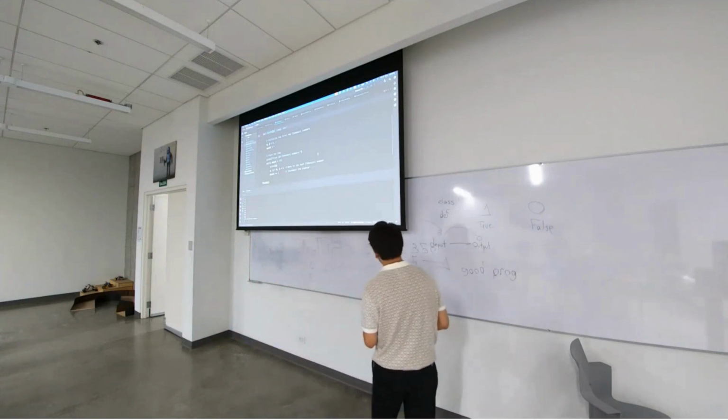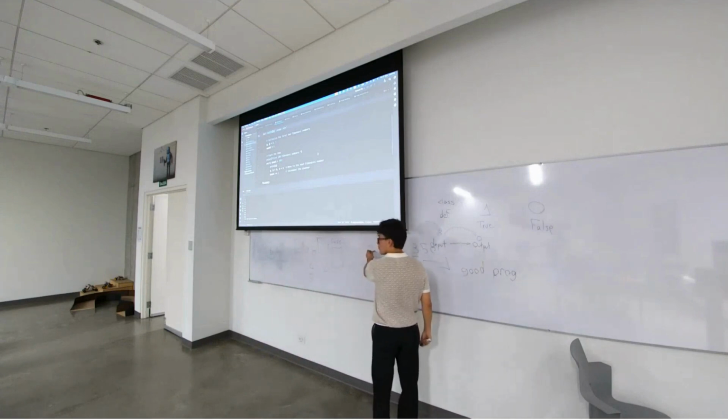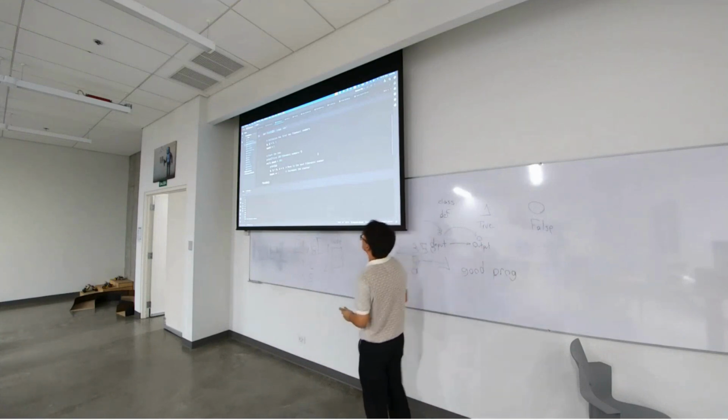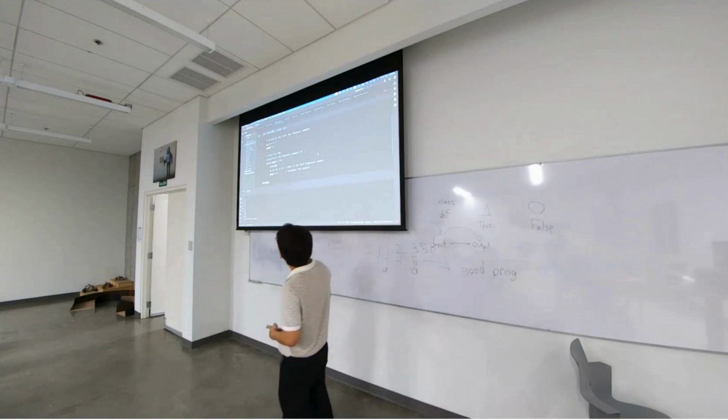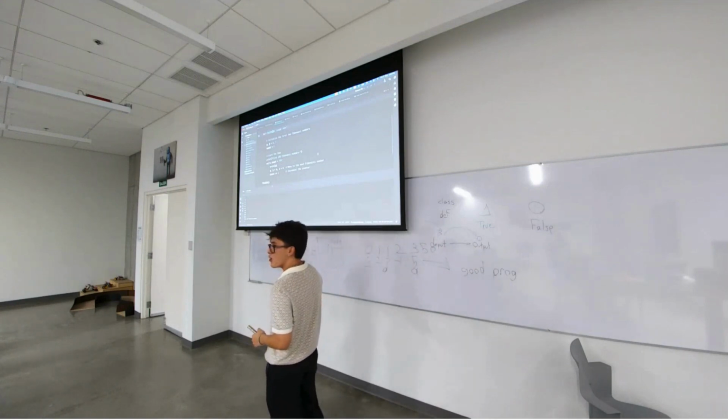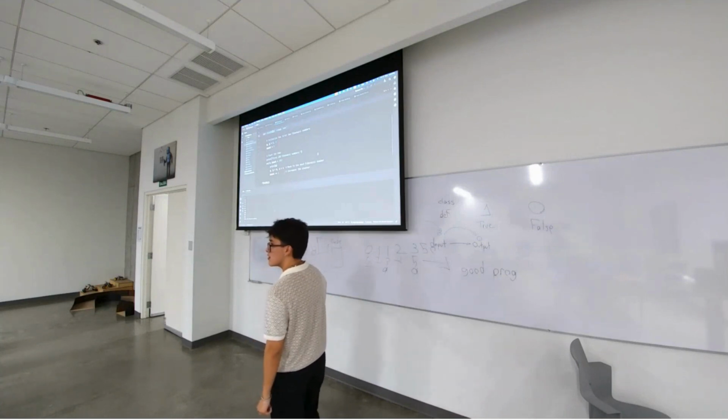No, it's going to do this. You see, 0 is the first number of the Fibonacci sequence, 1 is the second. So it does the count. It's going to print